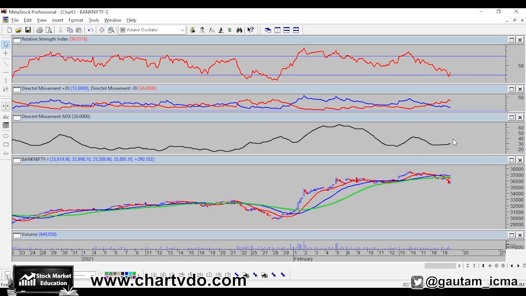In case we have a U-turn here, we need to watch out for the dominant DMI. Presently the dominant DMI is MDI. It may change, but if it moves along with the MDI, then in that case, a strong downside move may come up. Here by strong, I am checking on an hourly front. Strong can be for a 3 or 4 days time period. So much for Bank Nifty and Nifty.